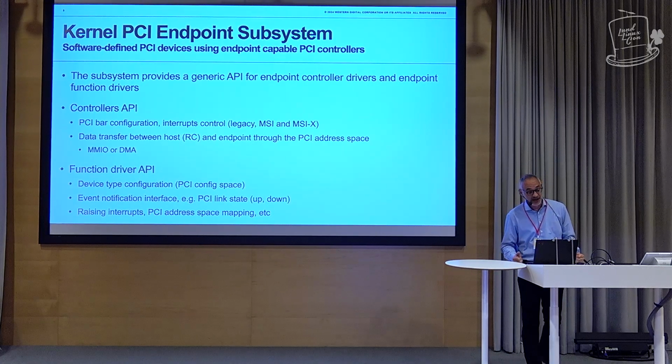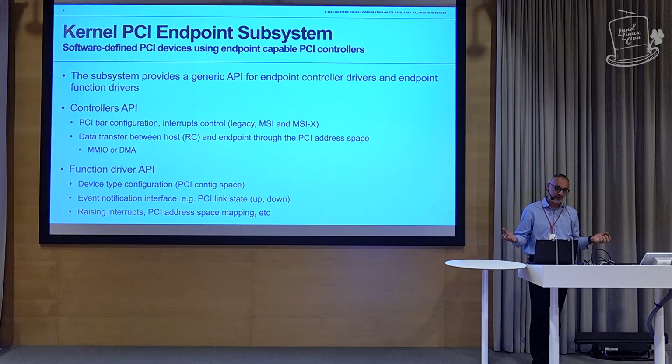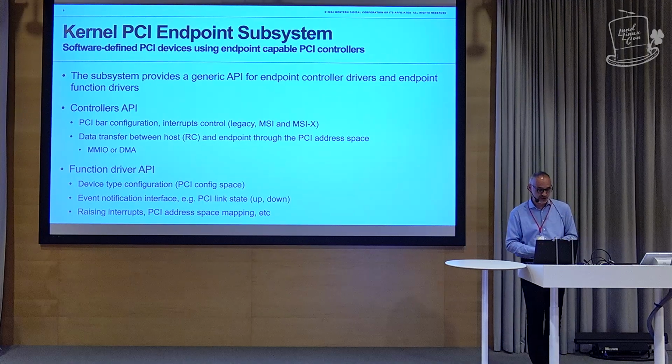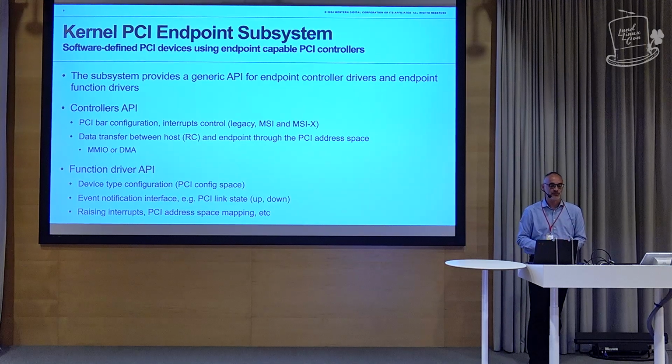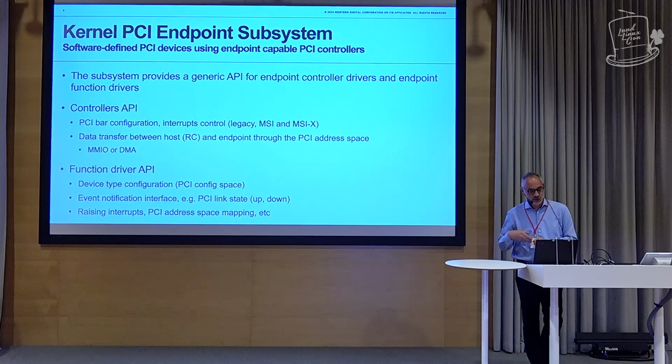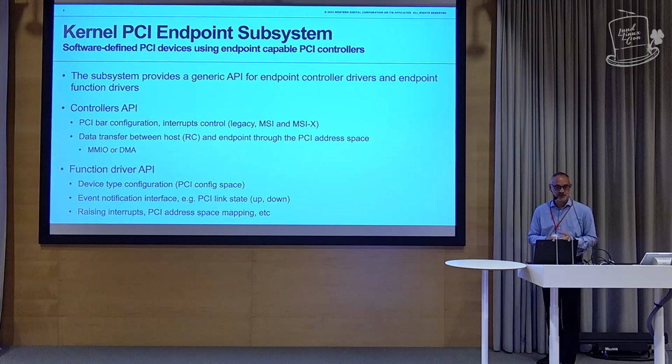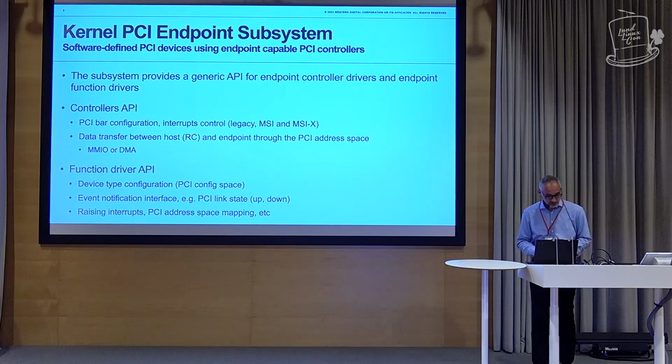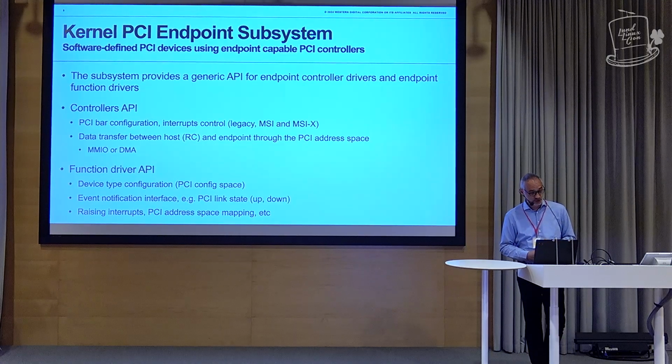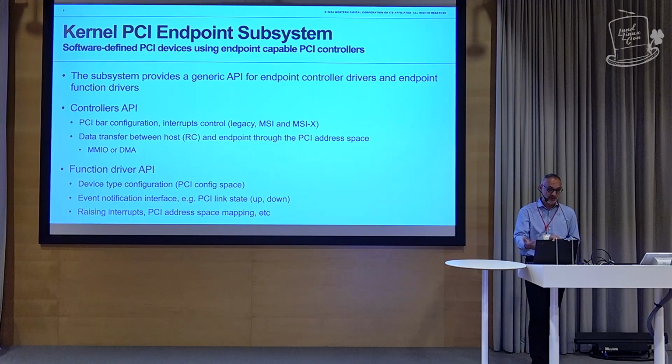The controller API essentially deals with all the things that a host sees over PCI: PCI BARs, the configuration space, and interrupt control, because you now are an endpoint, so you raise interrupts to your host. You also need to deal with data transfer between your endpoint and your host, so there is an API for that, either MMIO or DMA. And the function driver goes on top of that,